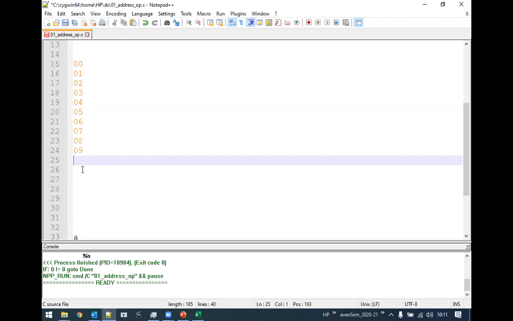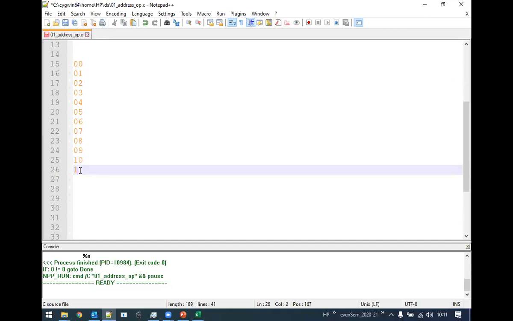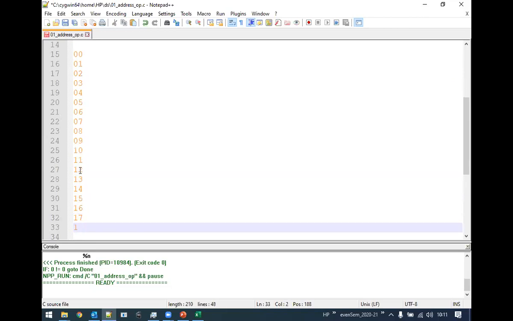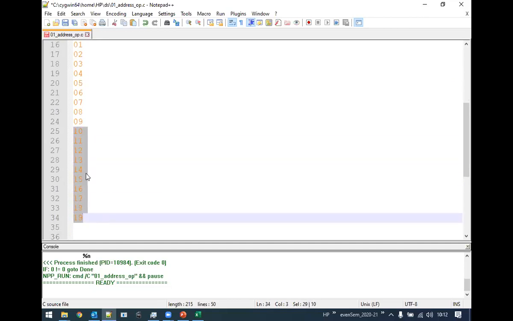Now I want to write the next number. Since I exhausted all the numbers, this 0 is already taken care of. Next number is what? 1. So here I will write 1. Now I will start writing combinations: 1 0, 1 1, 1 2, 1 3, 1 4, 1 5, 1 6, 1 7, 1 8, 1 9. Okay, now look into this particular pattern here.